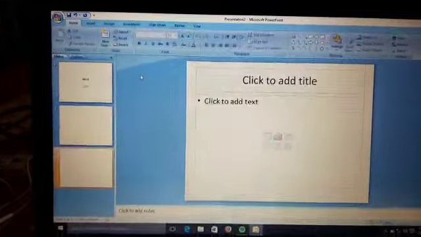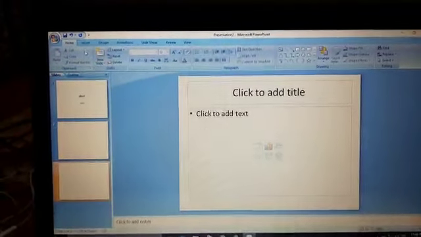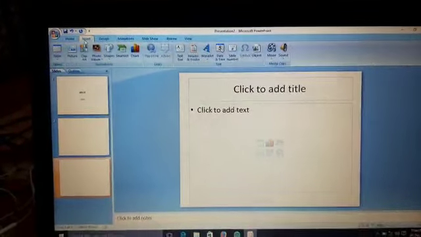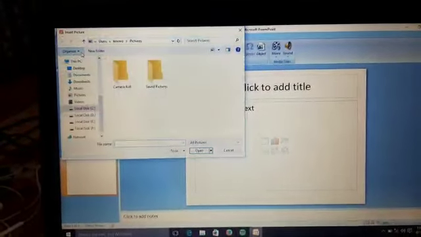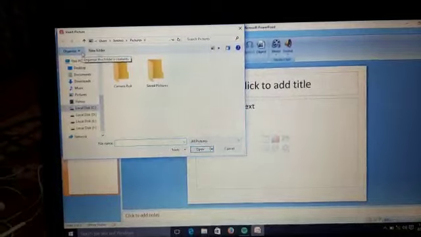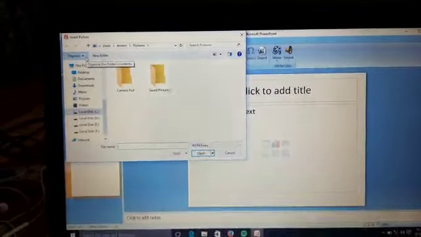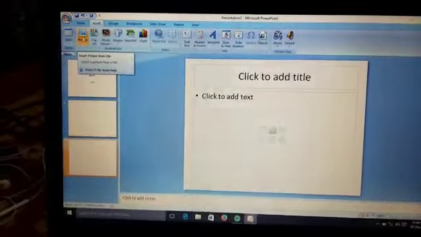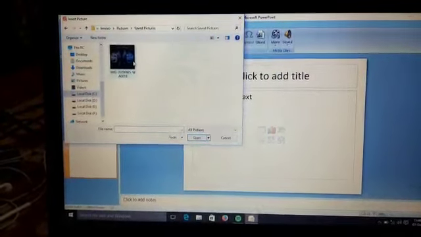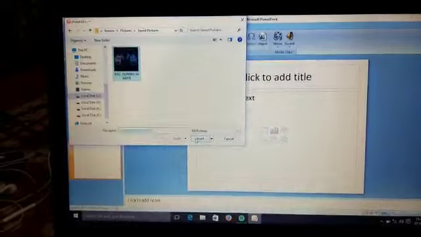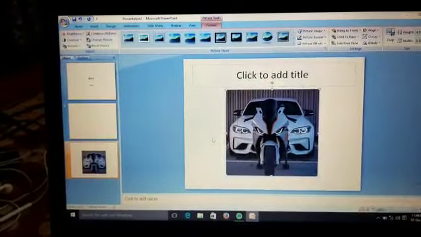After that, we will click on the Insert tab and select the Pictures option from the Images group.